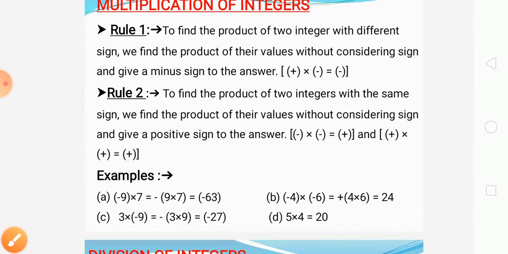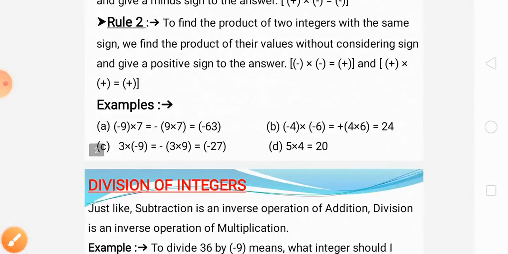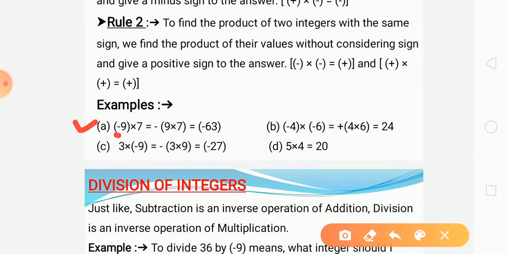Okay. Now, here I have given some examples. First is, we are multiplying a negative number with a positive number. First, we will multiply these numbers without considering their sign. That is 9 into 7 is 63. And we will put a negative sign in the answer because the numbers that we are multiplying are of opposite